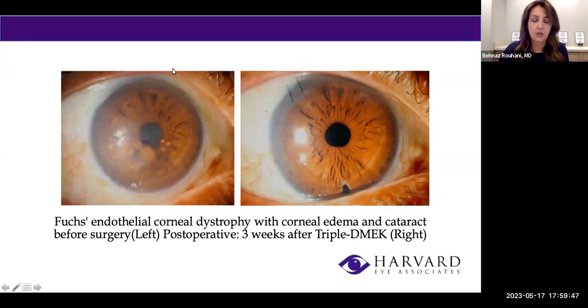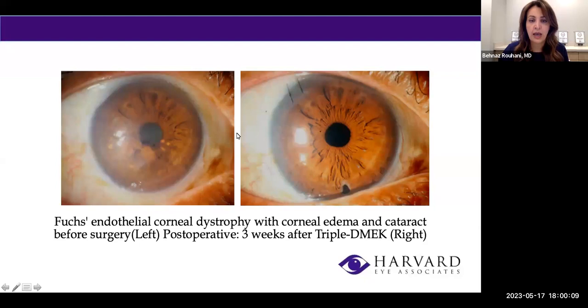It makes it foggy, so the patient at this stage knows that they're looking through a fog. Also, there is a yellowish hazy lens in there too. So when it gets to this point, it's a pretty advanced case. We know that if we do cataract surgery, this cornea cannot take it. So it would be best to do a combined surgery.